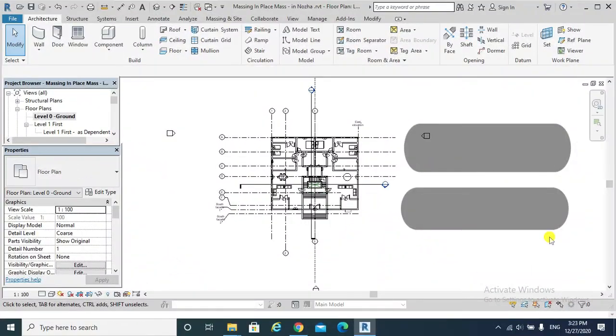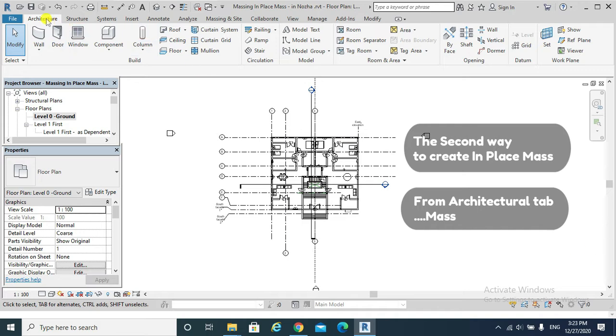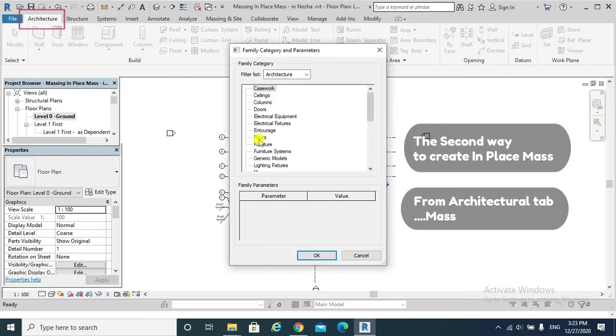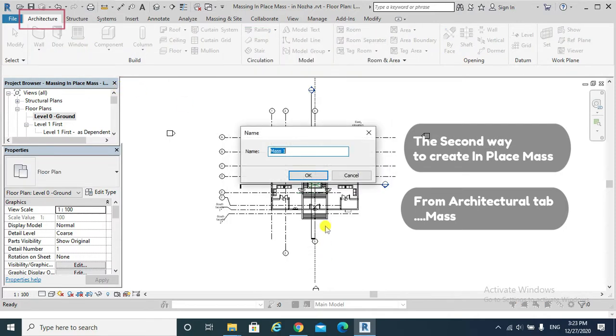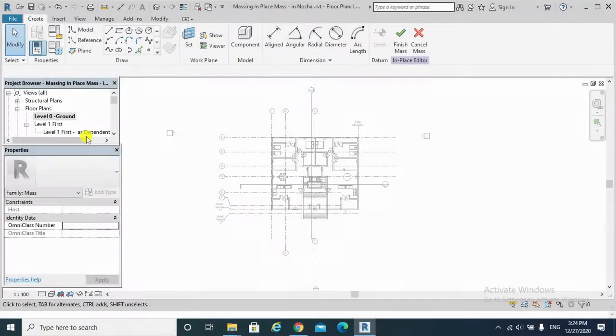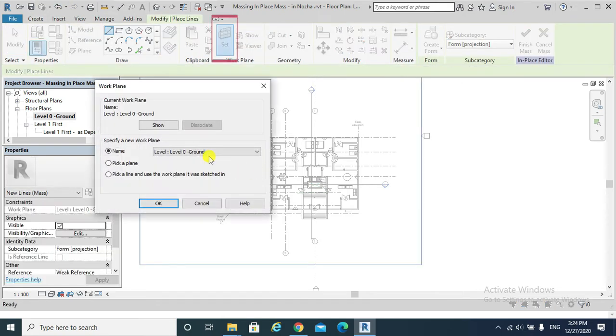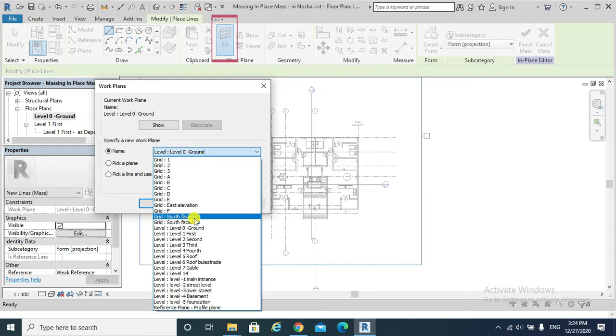The second way to create in-place mass is by architectural tab. Architectural component, model in place, mass. Okay. I would name it example 2. Then I would hit model. I need to set my work plane. As previous, facade 1,